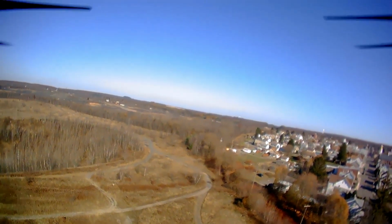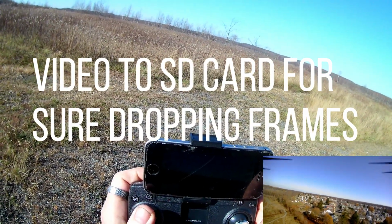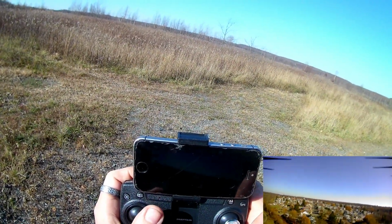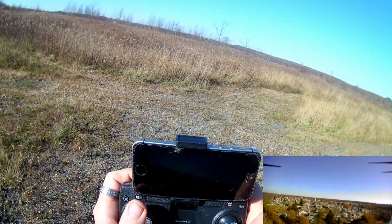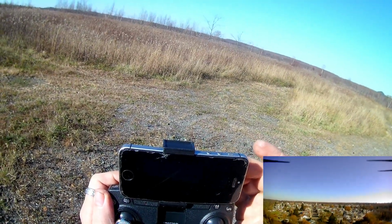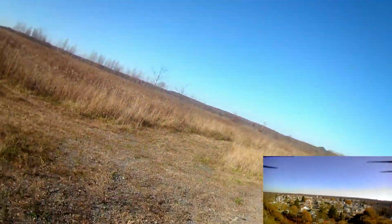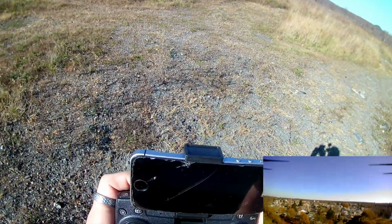We'll stop. We'll try to take a picture. Should have taken a picture. We'll turn this way and try to get a better picture. Controls up there are a little laggy. It's taking a second. Almost feels like Bluetooth controls, which is definitely not Bluetooth controls. We'll go ahead and bring it down. And again, I can't tell you how high it is because none of my telemetry is working as far as